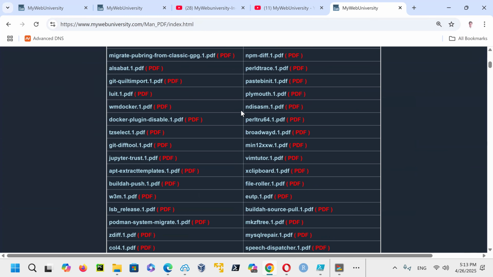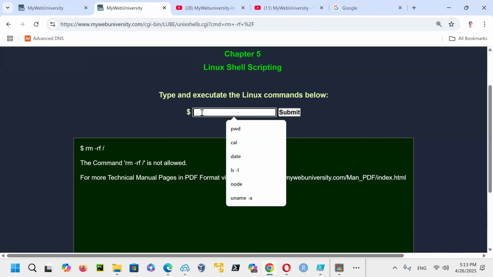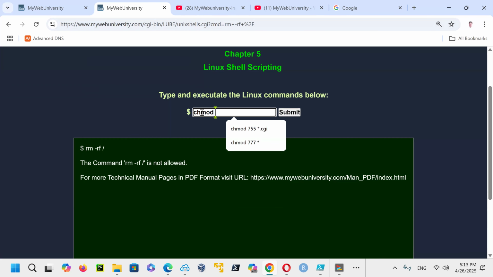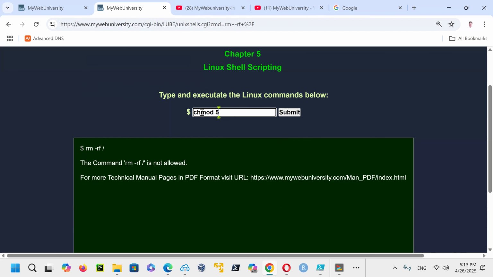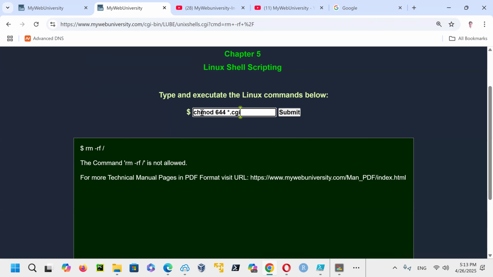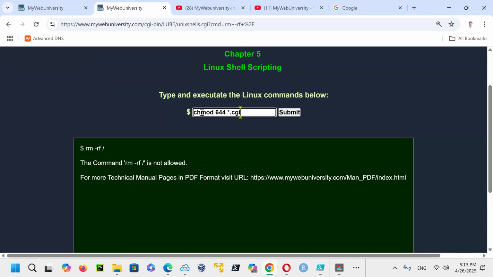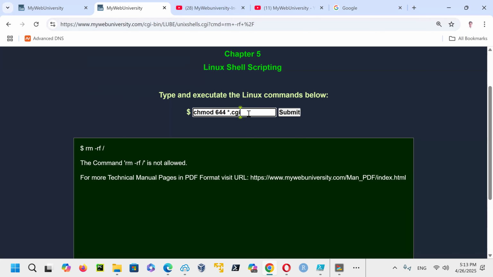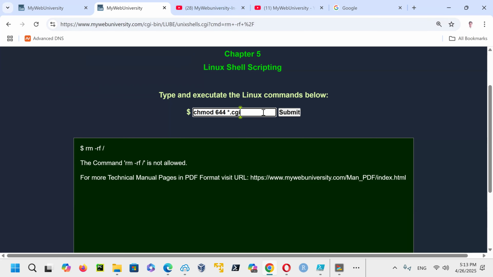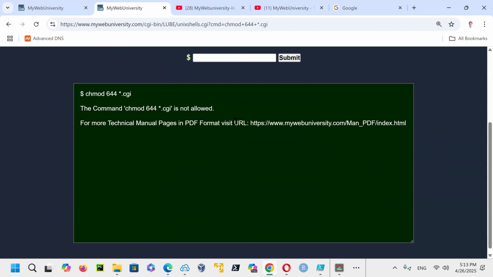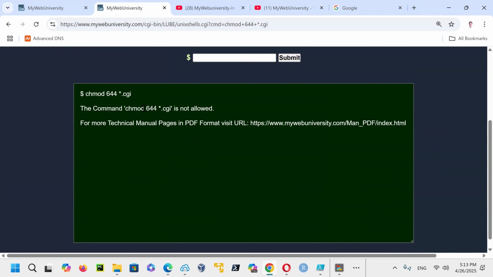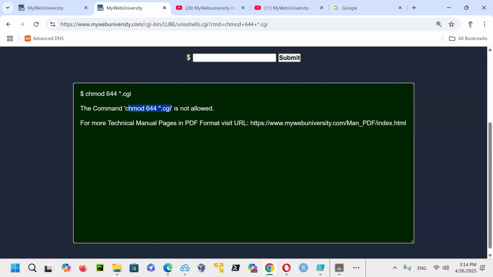And at the same time, if you say, Wahid, can I do a change mode 644 star.cgi, so your program does not run. If I do this, all your executable files in the user bin directory are not going to have execute permission, therefore it will fail your system. Let's do that and see what the system says. My program already detected that you're trying to do something that is not valid and not allowed in my system. I'm not going to give you that one.